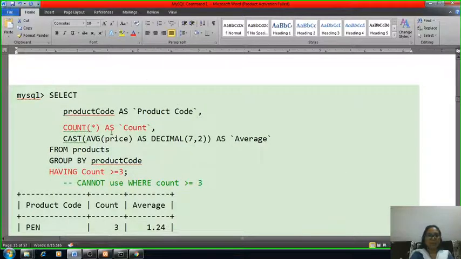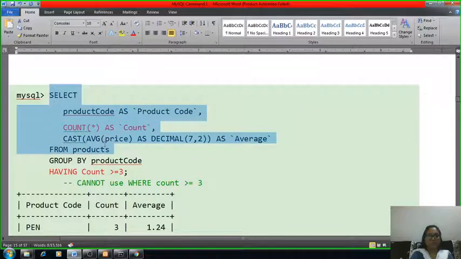Select product code as product code and count as count, cast average price as decimal as average from the product group by the product code having the count is greater than 3, but we cannot use where count. This is the limitation of where. So instead of where we can use the having command.